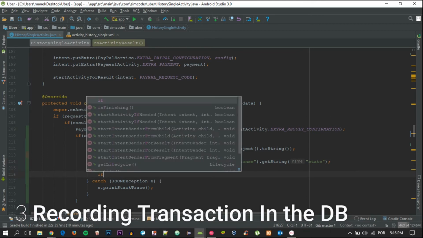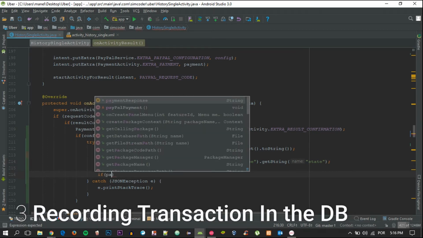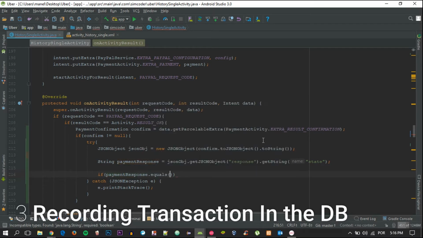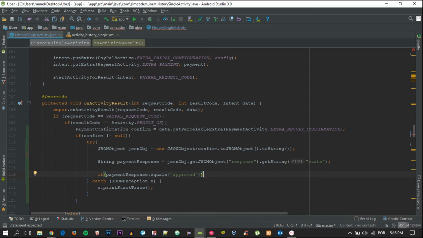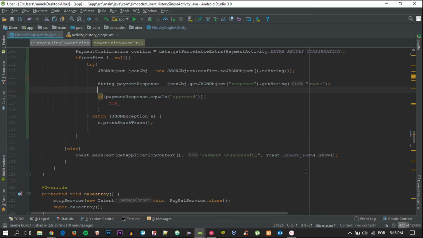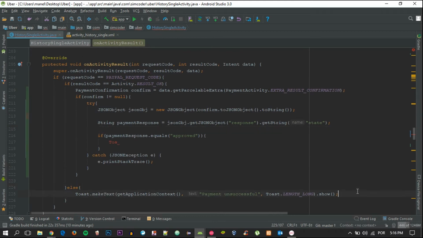Then we say if paymentResponse equals approved, then we can make a toast, and I believe we have a toast down here, so I'm going to copy it. That says